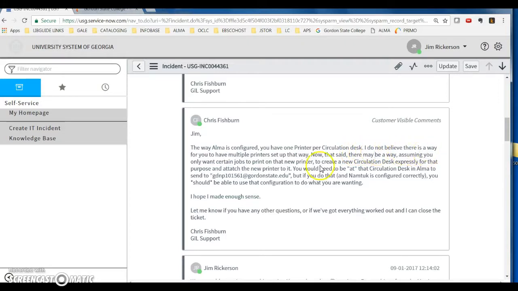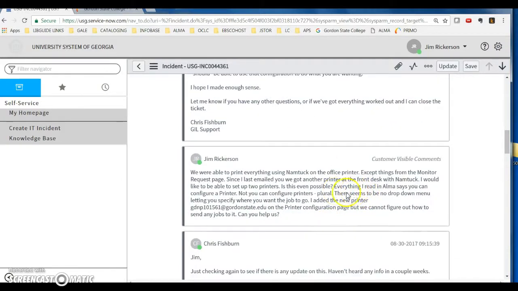I do not believe there's a way to have multiple printers set up that way, which is what I said. I was saying that everything I read in Alma says you can configure a printer, not printers plural, and that there doesn't seem to be a drop-down menu letting you specify which printer you want the